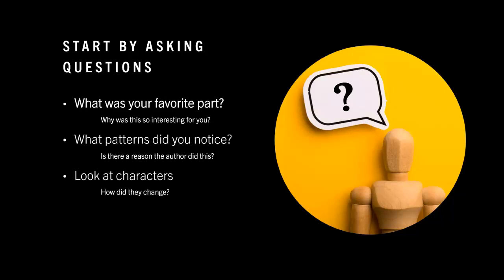You could look at the characters. How did the characters change? What is symbolic and significant about their change? The characters are not going to be static, so you're going to look at how they change. Or maybe you're going to look at how all the characters changed, but then one didn't, and what is symbolic and important about that? And lastly, what was the message the author was trying to portray and give us, the reader? What did they want us to come away with?